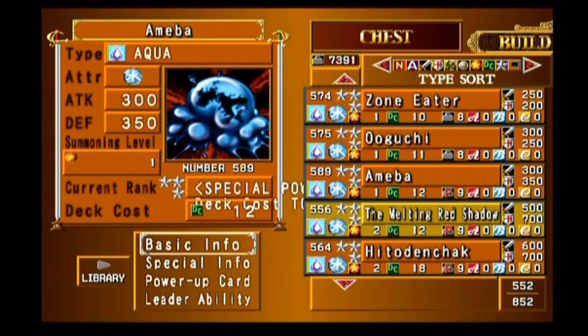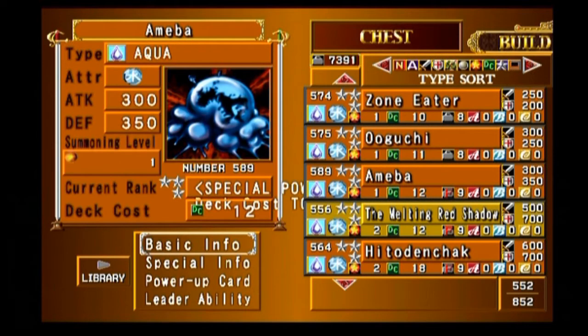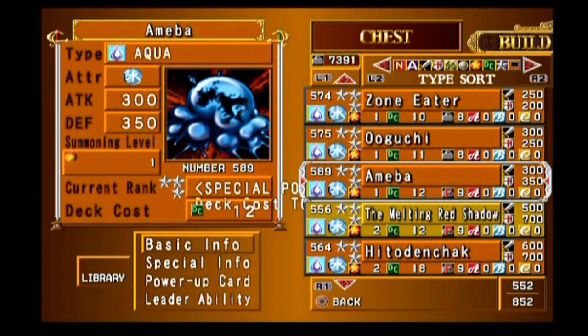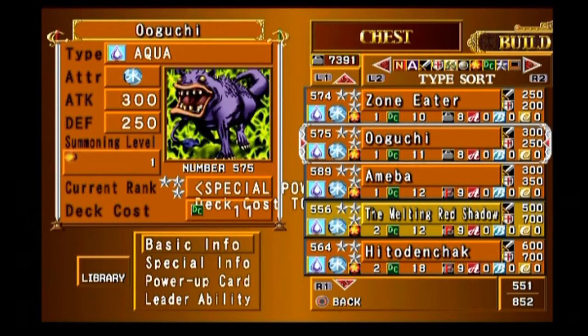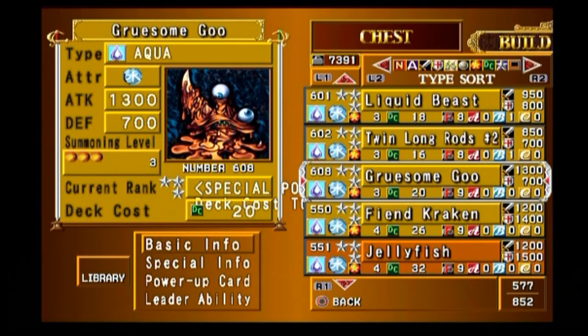Yeah, it depends on what you want to do. Because again, terrain change, technically, if you play something on terrain that's been changed, you do get 500 damage. But you can just play water cards. A lot of them do have effects that leave water, so I don't think that ability is too great. You can instead make